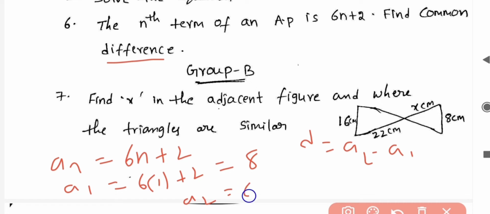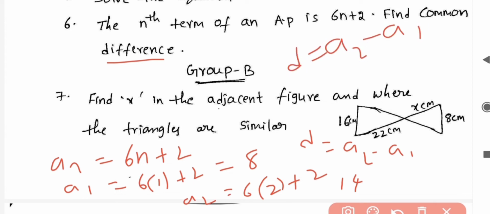6 2s are 12, in place of n you substitute 2, plus 2, 14. So I want the common difference. D equals a2 minus a1. a2 here is 14, a1 is 8. 14 minus 8 is 6. 6 is your common difference. Next,